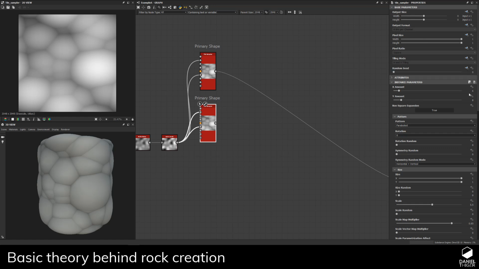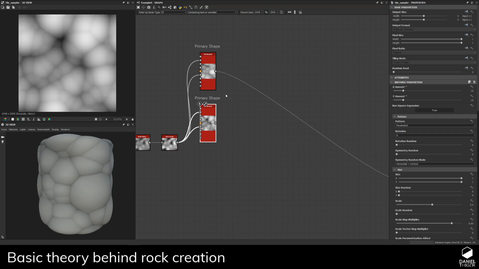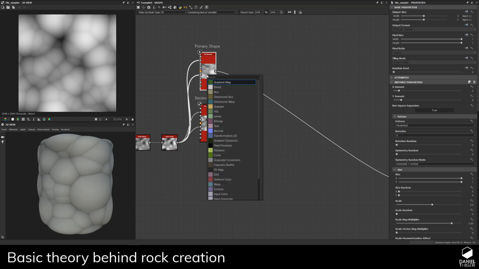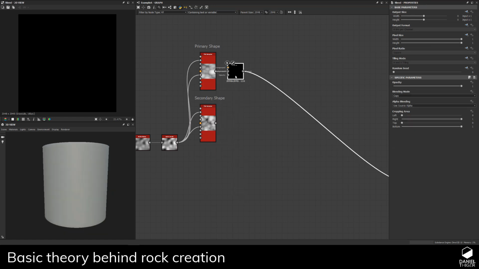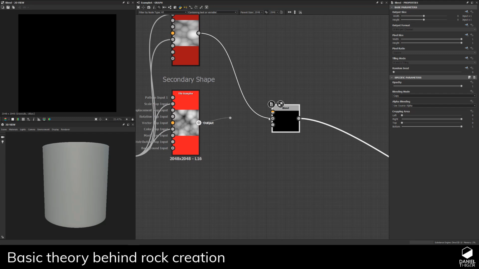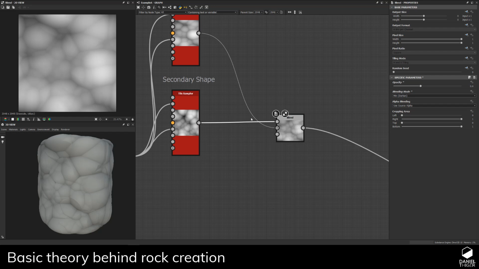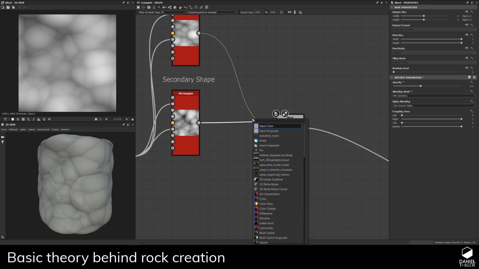and we'll use the same values, but we'll just add more of these. Do 10 by 10, and here we can type secondary, and these two will combine. So let's select this node and type blend. And we'll hook this one in here, and we'll set this one to min darken and set it to 0.4, but we'll also invert this one first. So select this line and type invert,